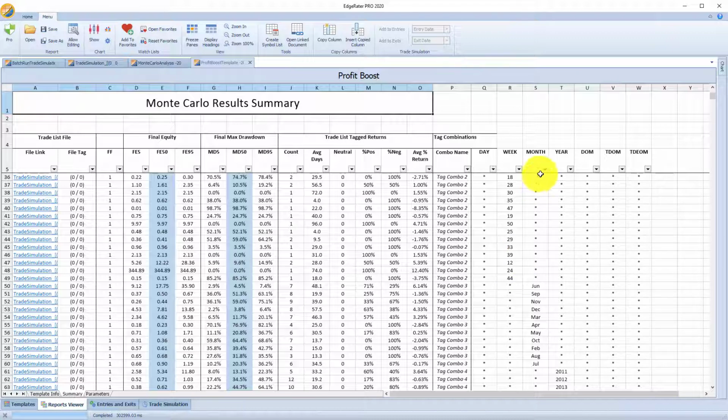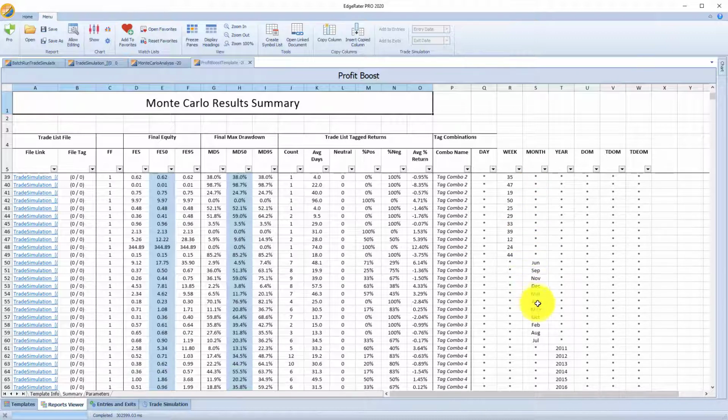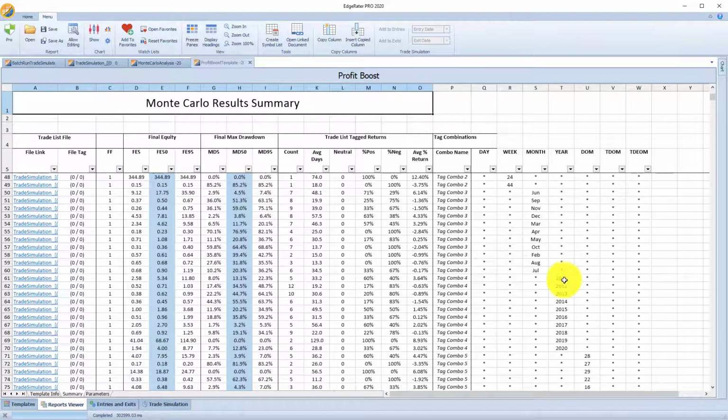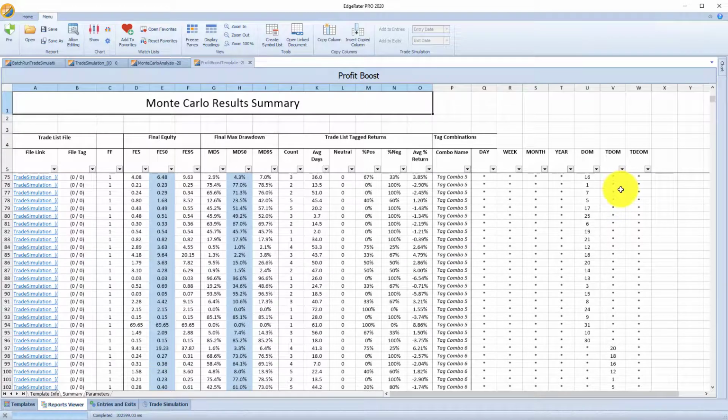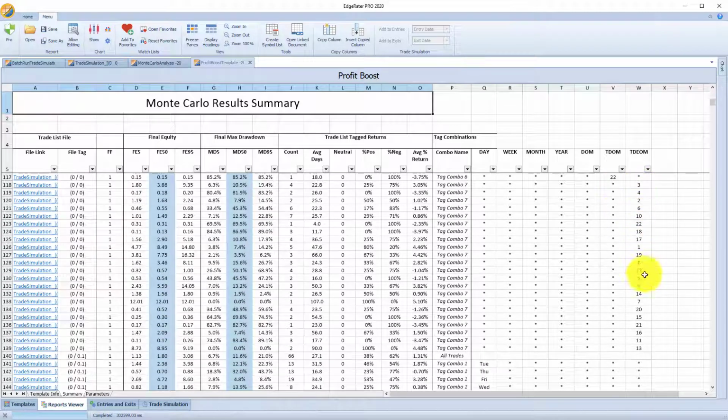Then month of the year, so 12 of those. Then the year, so there are 10 of those because we've only got 10 years of history of GLD here. Then day of month, trading day of month, and trading days till end of month. So it ran all of those different tag combinations for this 0.0 file, and then it went and did exactly the